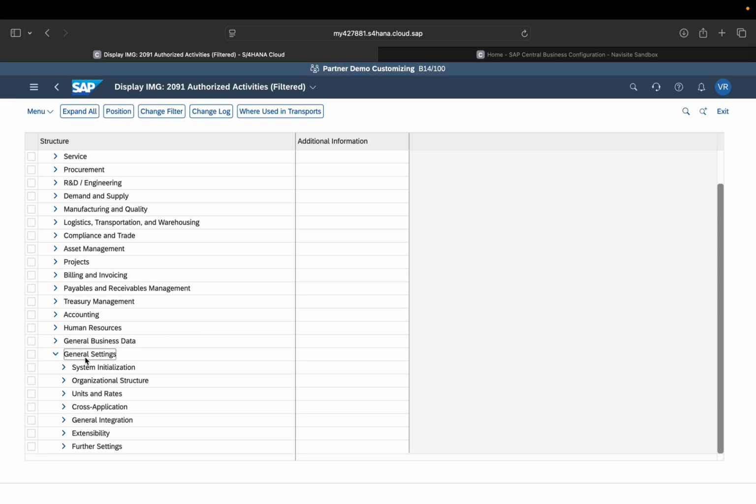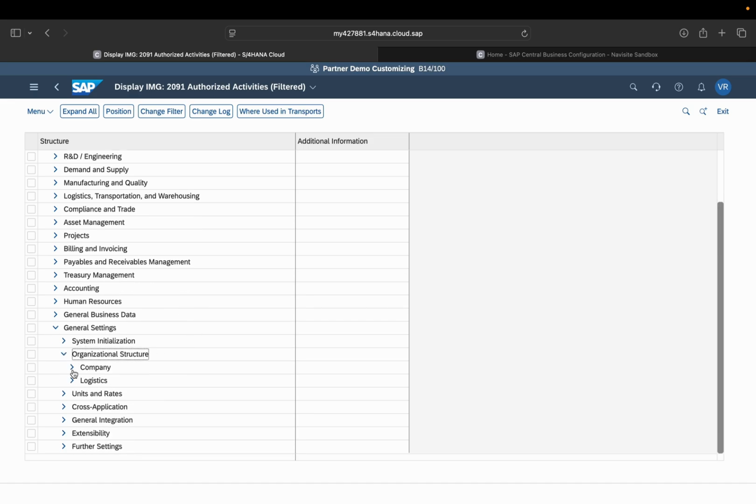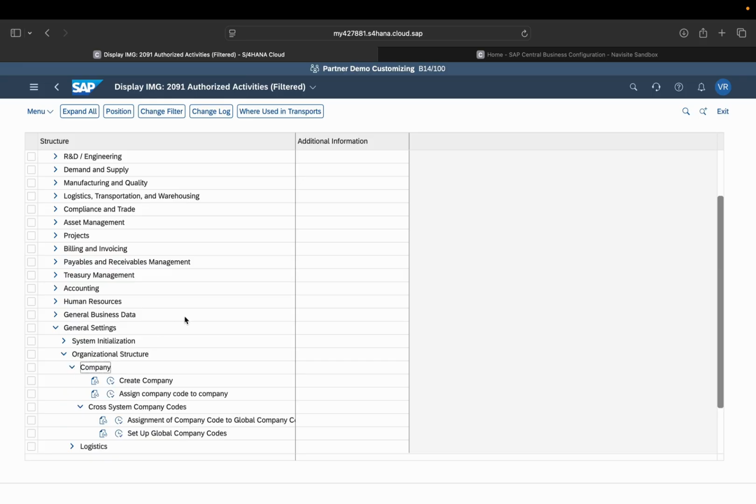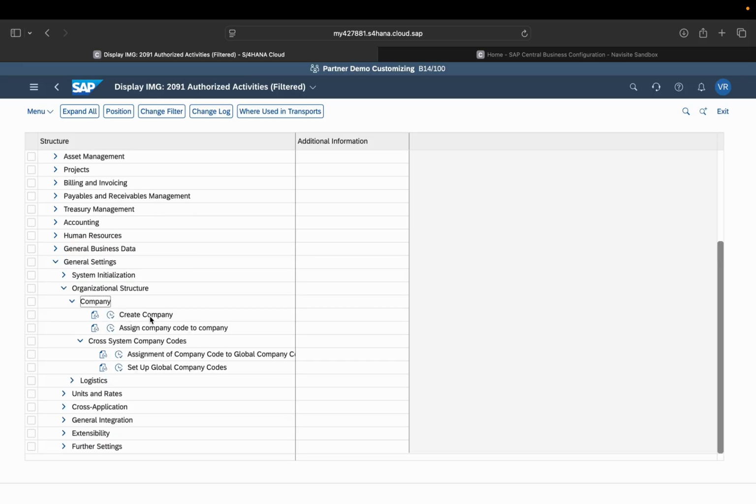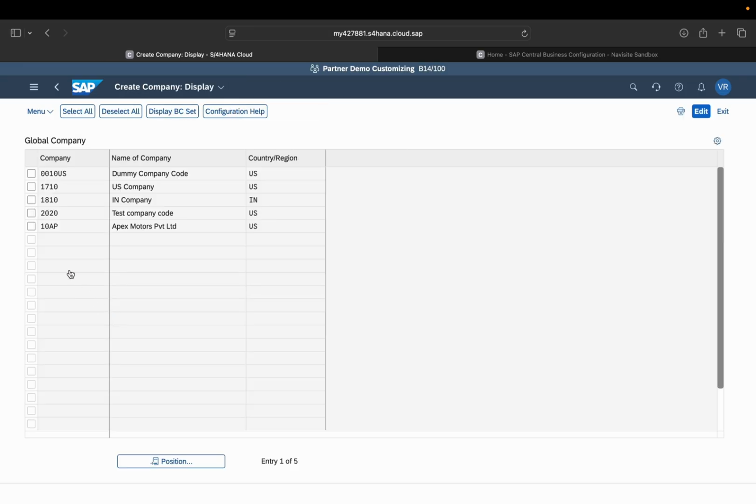Under the general settings, we will see organizational structure and then company. Under the company, we'll see create company. Once we click on this clock icon, it will show you the list of company codes which are now created in the system.